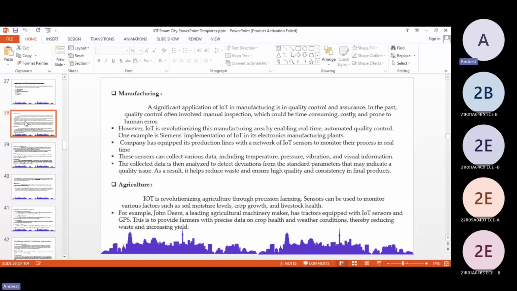The first thing in manufacturing automation is that it checks quality control and assurance. It collects the data, analyzes the data, and does much more. In the past, quality control involved manual inspection, which could be time-consuming, costly, and prone to human error. However,